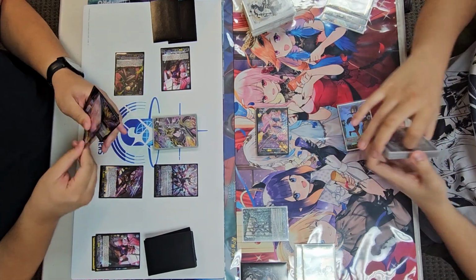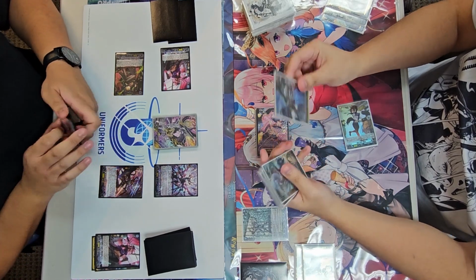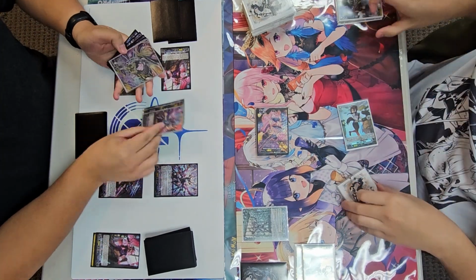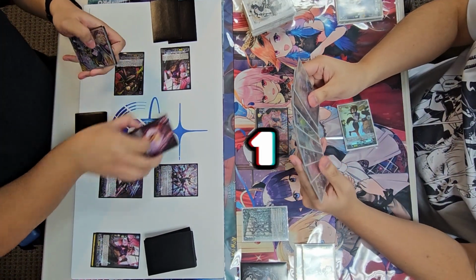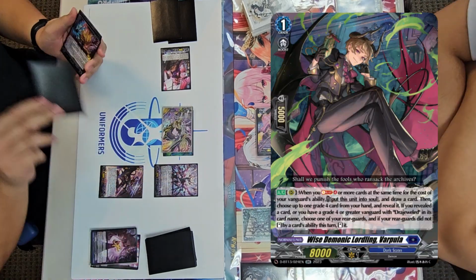So honestly, this is not the best situation for Prison. 4 attacks already is not going to be the greatest, as we do guard that first 18 attack. Going to be swinging the Vanguard, reducing the Vanguard's power to 1, and then of course using Varpula here, which